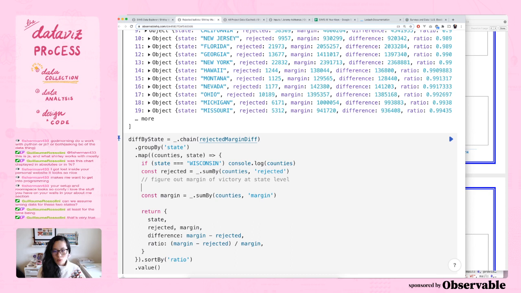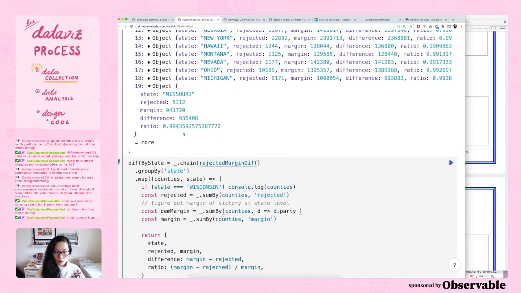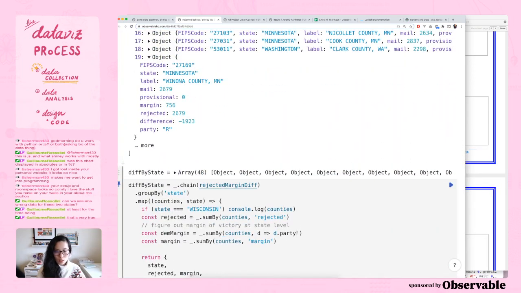So what we want to do is const demMargin equals sum by counties, if party is equal to D, then use margin, else it's a 0. And for the Republican,